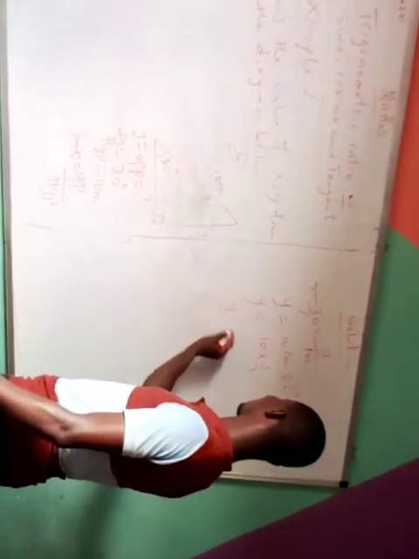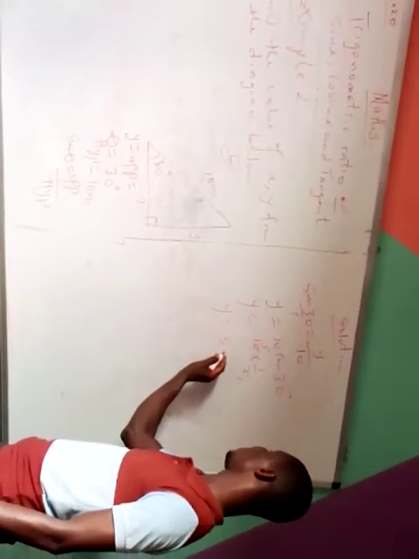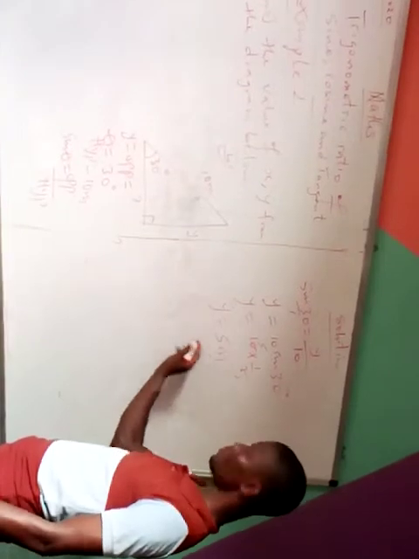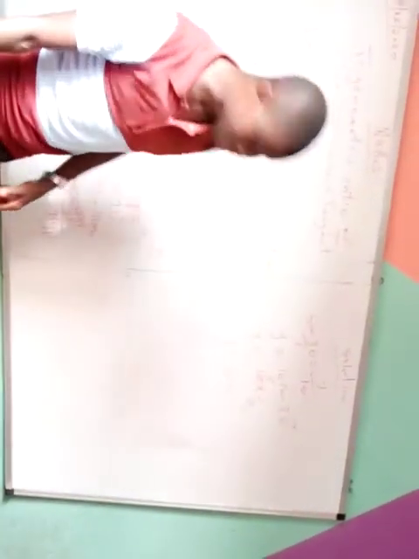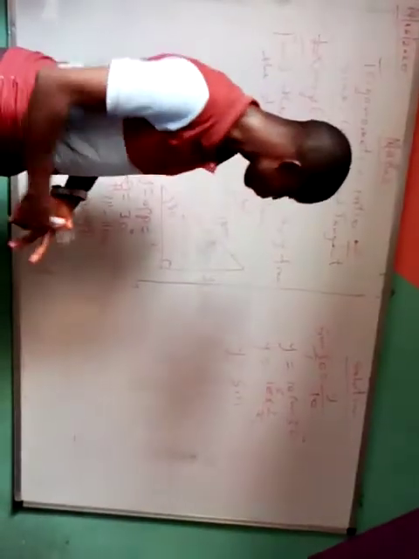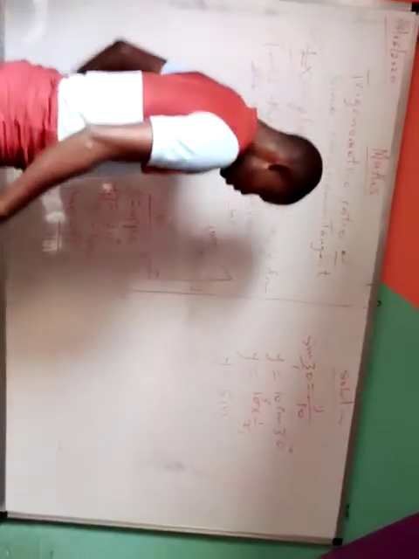So y is equal to what? 2 into 10 is 5. So y is equal to 5 meters. Sine 30 is supposed to be half. Y is equal to 5 meters. So that is how to use